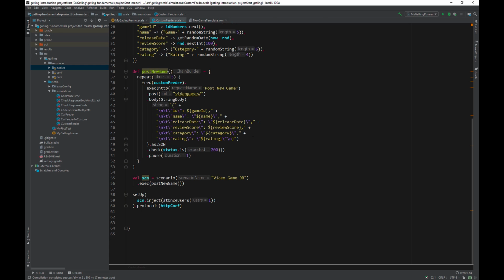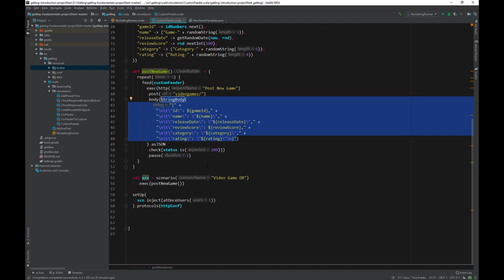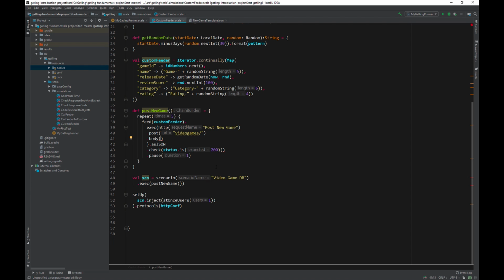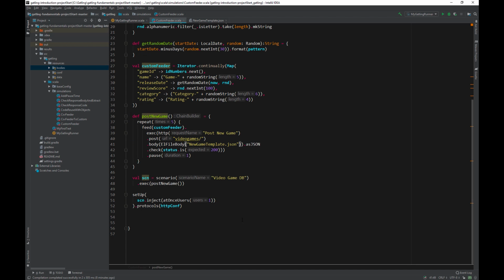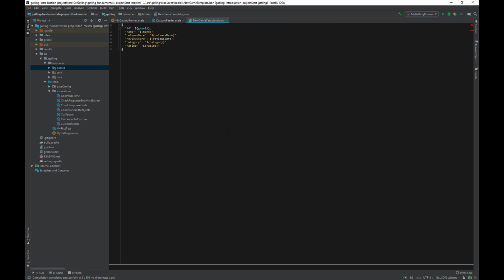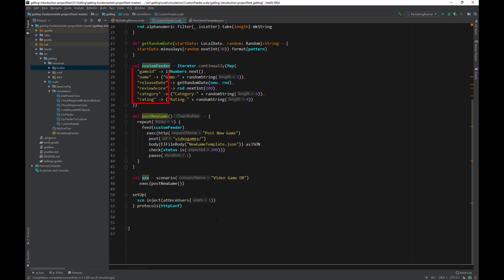Now go back to the custom feeder Gatling script. Inside the dot body, delete all the text in there. Instead, type .body el file body new game template.json .as JSON. Now when this post call is made in Gatling, the script will look up the new game template JSON file and replace all the parameters in the file with the values from the feeder. As a reminder, it's important to put the file in the Gatling Resources Bodies location so that it gets picked